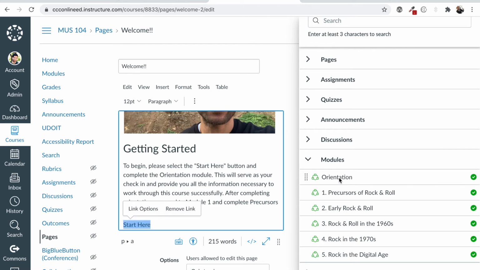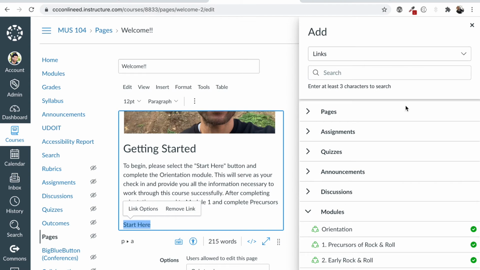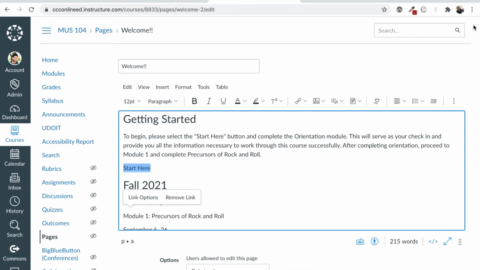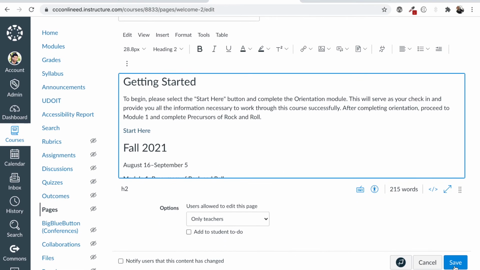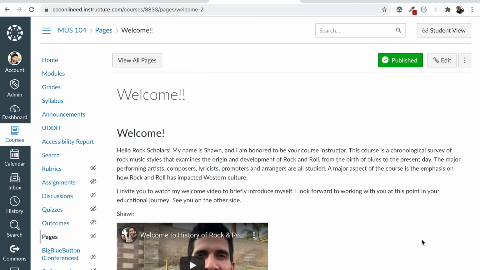Now, I understand that you may not have any modules completed yet in your course. So you can just leave the text here as a placeholder until you're ready to link it. No problem. Okay, so now this is linked. And I'm just going to show you what that looks like. So I'm going to save the page.